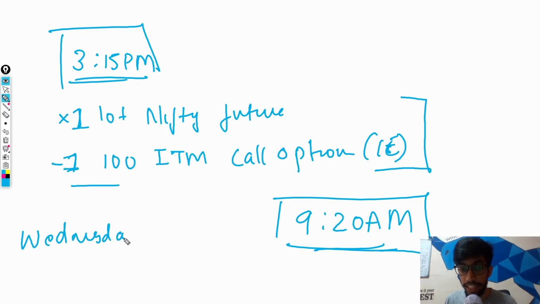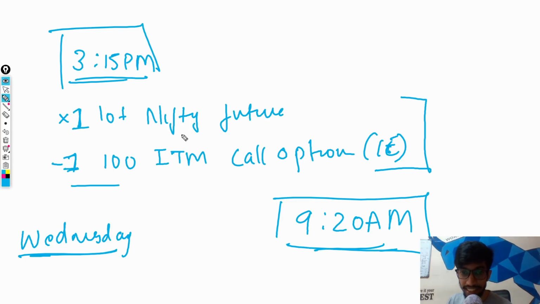So why are we picking Wednesday very specifically? It is because on Wednesday the time premium is very low for in the money options. So there will be very little premium left in the call option. So even if you don't do it on one day, it is absolutely fine, because the time premium is so low that if there is a small down move, it is going to hurt you really bad. So there is absolutely no point in doing this.